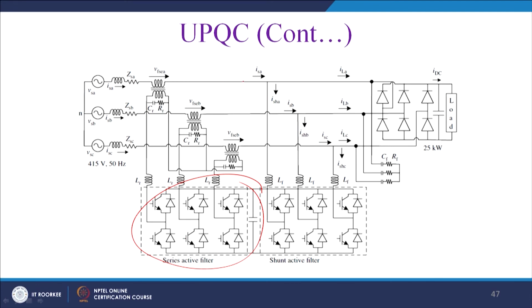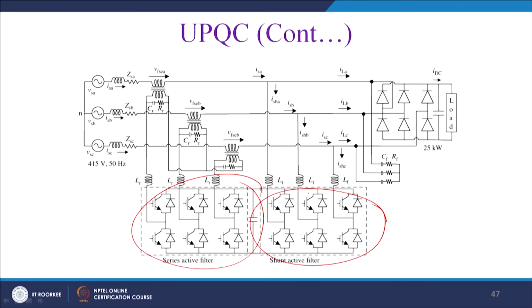Then at this point the voltage is cleaned up, but due to the nonlinear load the current gets distorted, and that is required to be corrected by the shunt active power filter. So these two combinations give us a total power quality solution for a 3 phase 3 wire system, and there are different kinds of shunt topology. Students are requested to refer to my classes available on YouTube, where different kinds of topologies have been discussed for the UPQC. For shortage of time, we have to curtail our discussion here.